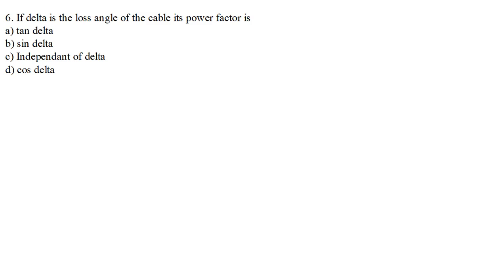Coming to the next question, question number 6. If delta is the loss angle of the power cable, its power factor is. Now we know that we can represent a power cable by a parallel RC circuit. So resistance and capacitor in parallel. It will have a voltage across it as V,